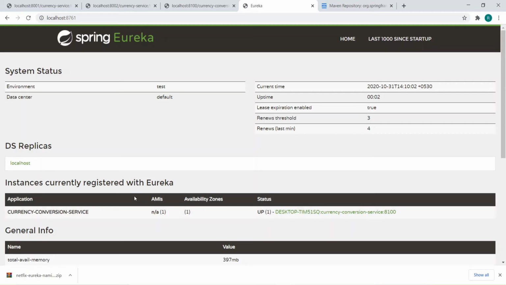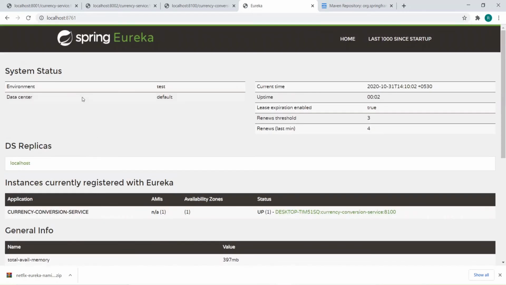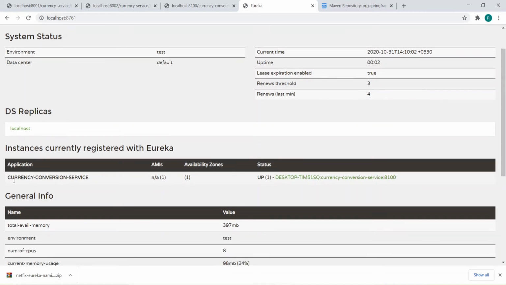It's up and running. You got it? So currently the Eureka server has the information of the currency conversion microservice. Only one instance is running which is registered with Eureka.